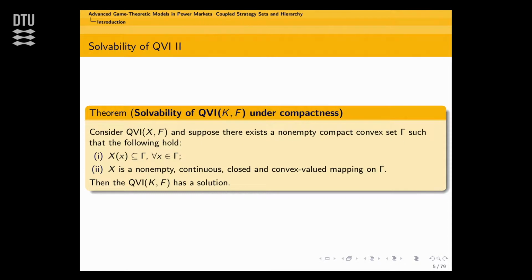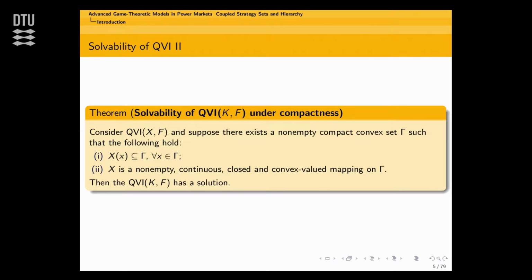Based on that, if this image, X of capital X, can be shown to also lie in some other, similar, identically specified compact set, gamma, then this requirement, assumption 1, is guaranteed. X has to be a non-empty, continuous, closed, and convex valued mapping on gamma. So that's not always the case, right? I could have